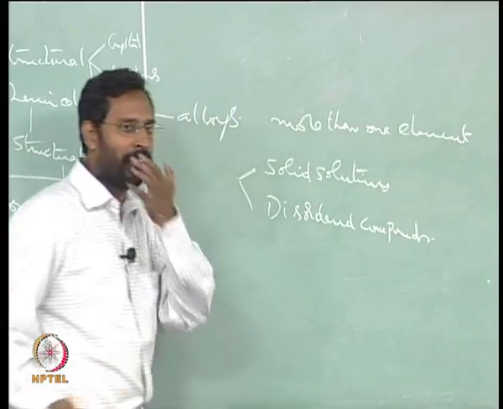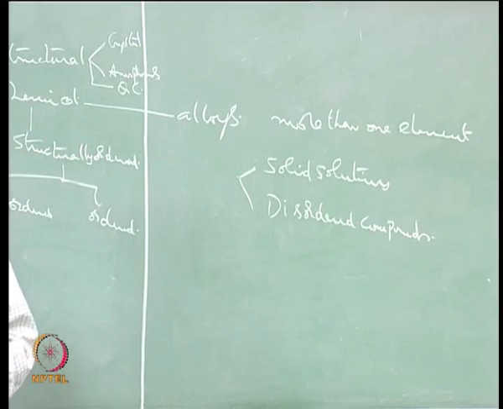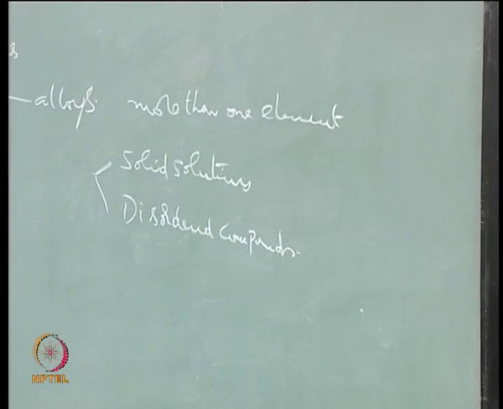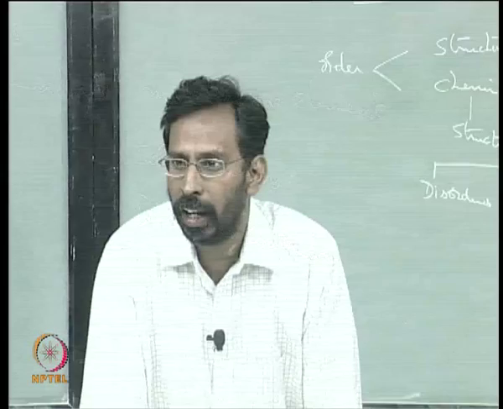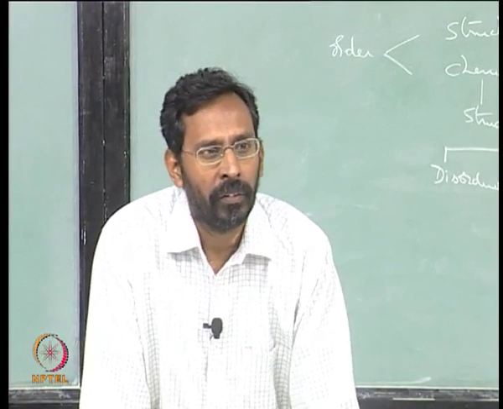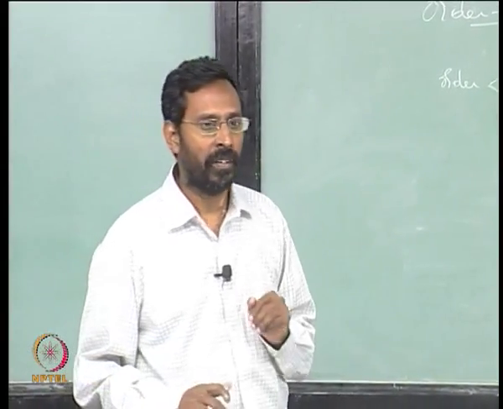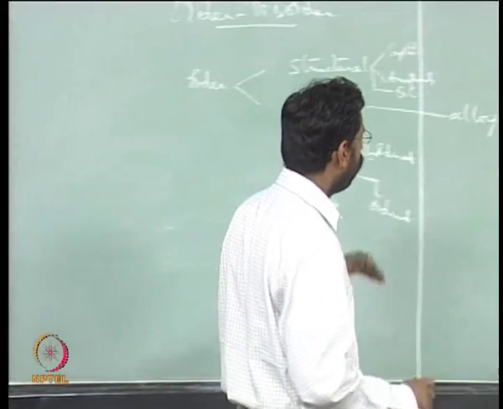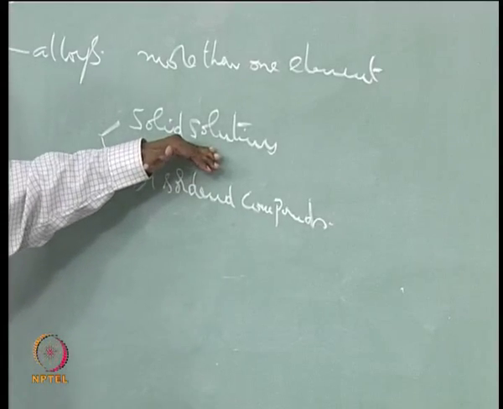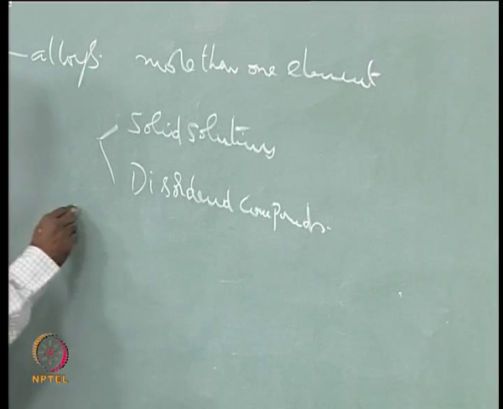In fact, it is very difficult to differentiate between a solid solution and a disordered compound. Both of them will have the two elements, if it is a binary alloy, randomly present inside the crystal structure, whatever may be the crystal structure. So, a disordered compound is usually referred to as a solid solution, but accepting that, for example, if I am talking of nickel aluminum alloys,